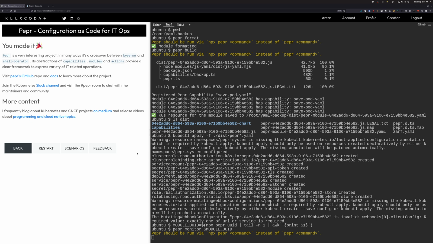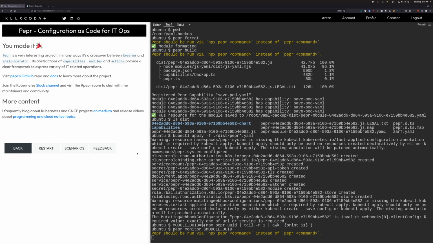So you can use it to craft modules and capabilities that would do just that, but it also can automate beyond just Kubernetes objects, which reminds me of shell operator. It's kind of a very similar concept that almost behaves like an operator SDK, if you will, which is quite powerful